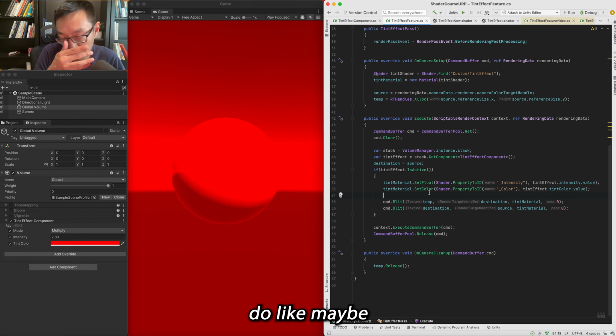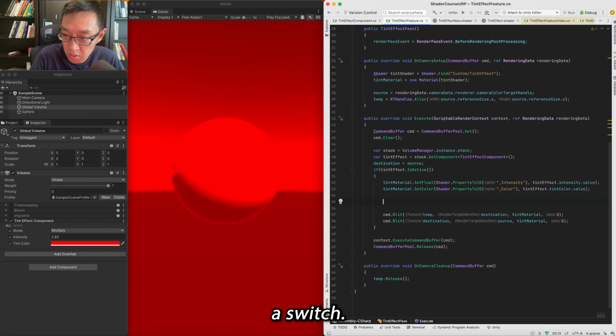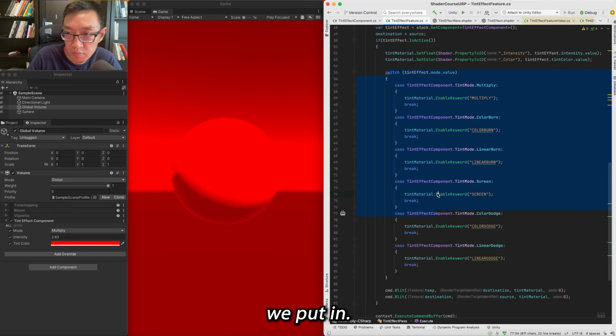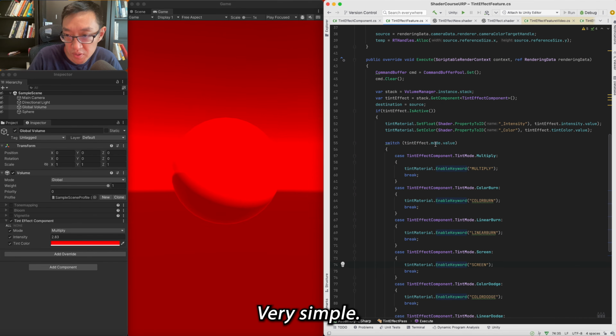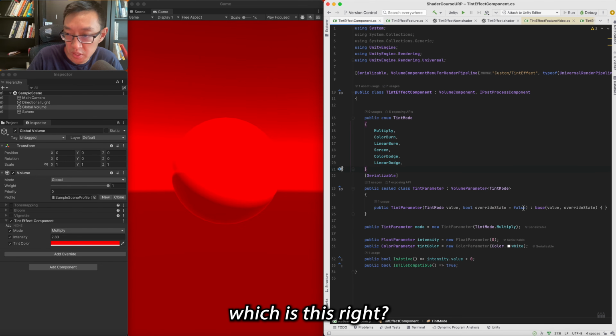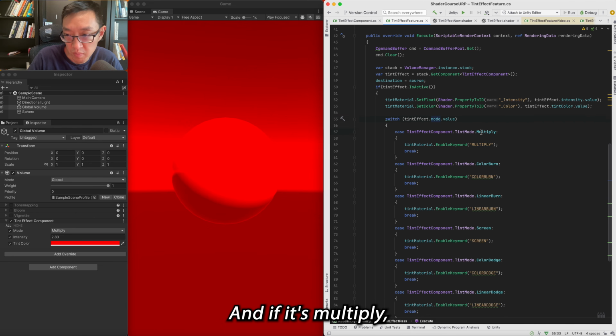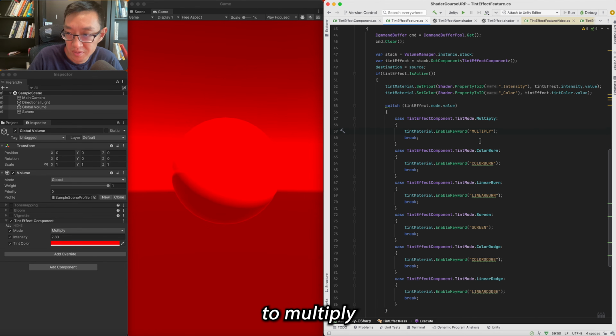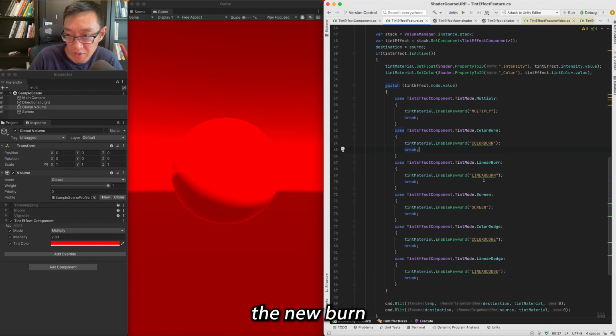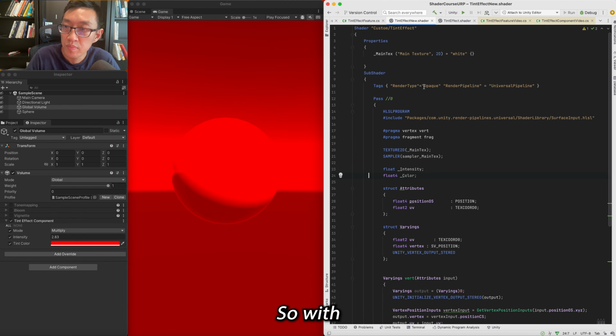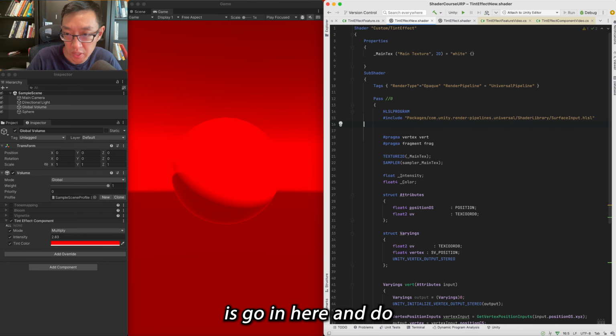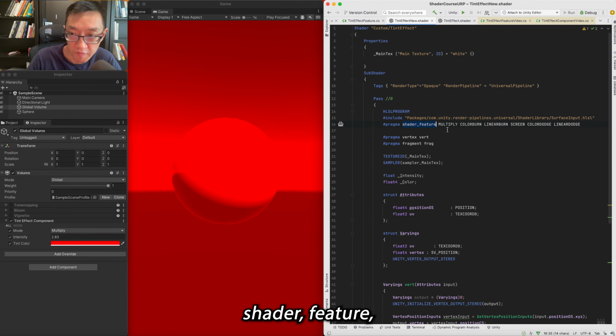We can just do maybe a switch. So this is the switch function we put in. Very simple. We just take the value of the mode, which is this, right? And if it's multiply, we set the keyword to multiply. Color burn, we set to color burn, linear burn, and so on and so forth. So with the keywords set, what we can do is go in here and do shader feature, multiply, color burn,